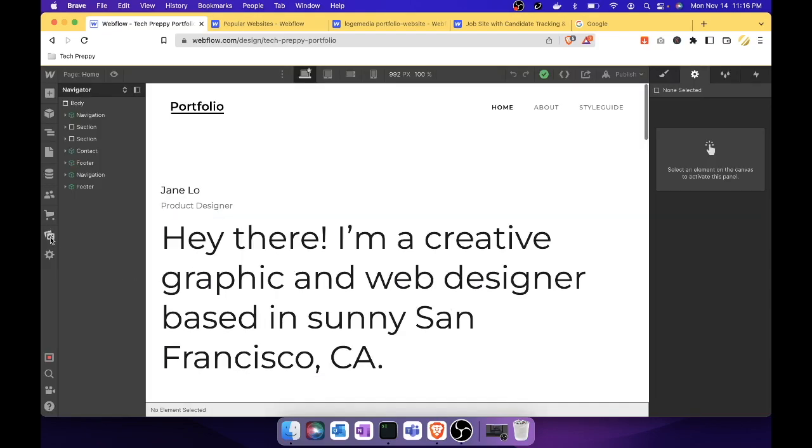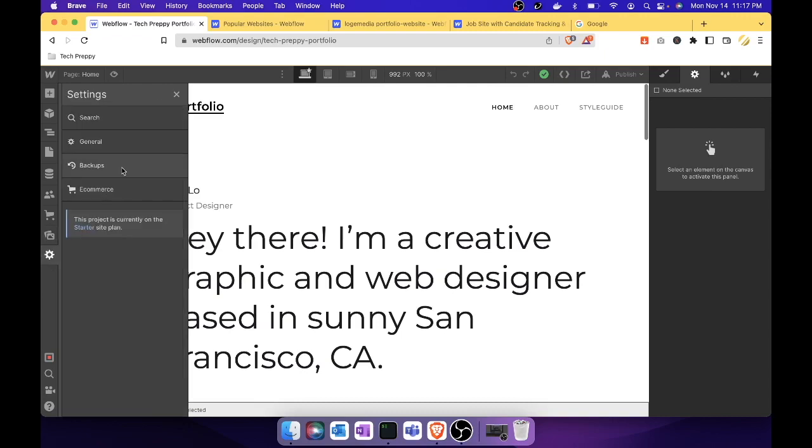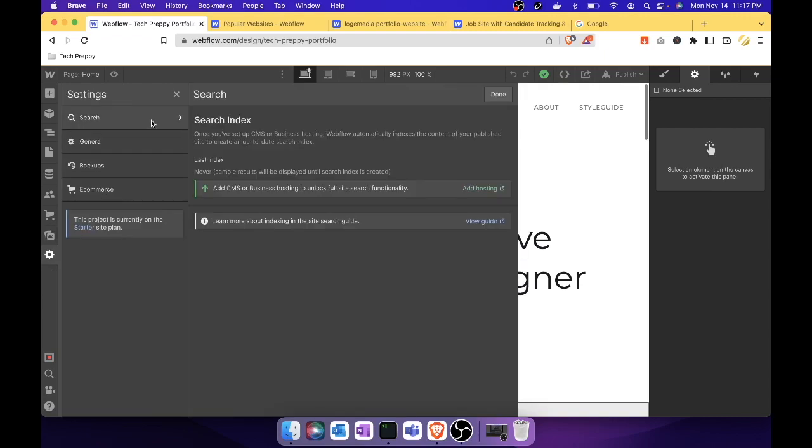And then the next one is these assets. Basically, these are the images or videos that you can use in your website. You can also upload your own asset from your local computer, and then you can organize them by creating a folder on every assets. And then the last icon here is the settings, wherein you can search your CMS or